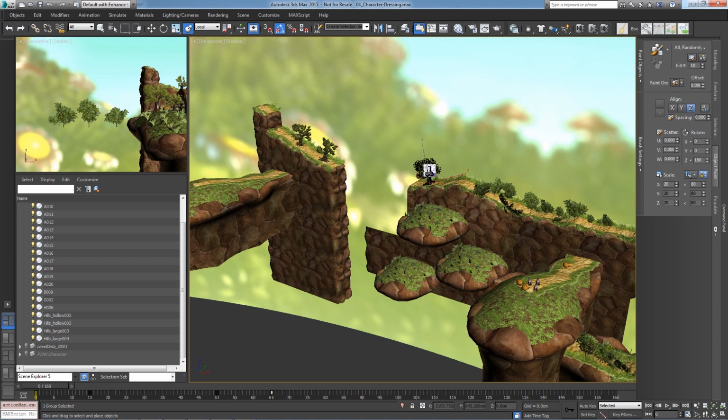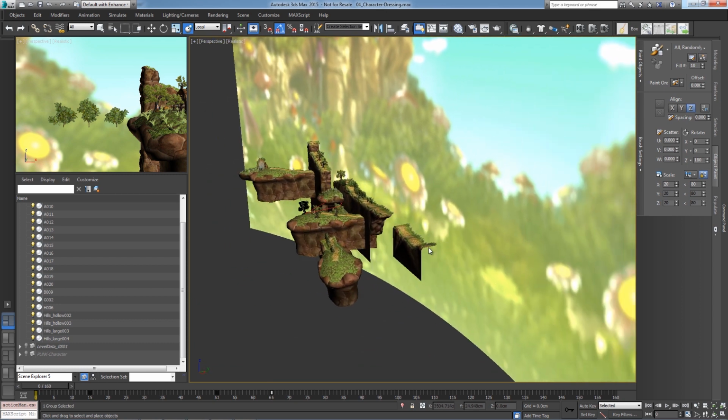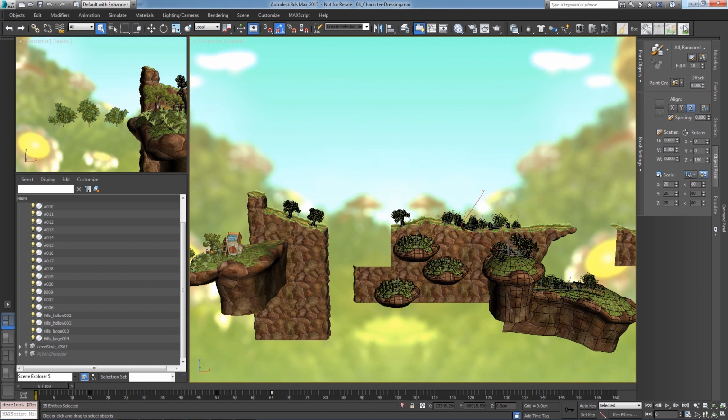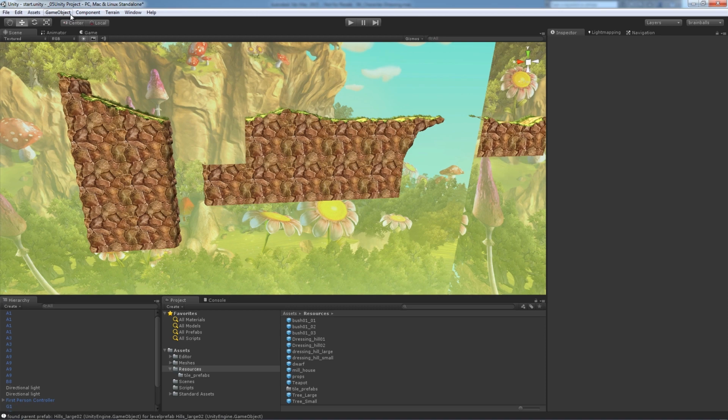So again, what I already did in the background, as preparation for this tutorial, is I've exported all the information, all the geometry via FBX over into the Unity game engine. So now I've selected the newly placed level assets. I'm going to export an XML file with the position and rotation of these objects. Back in Unity, I can use the